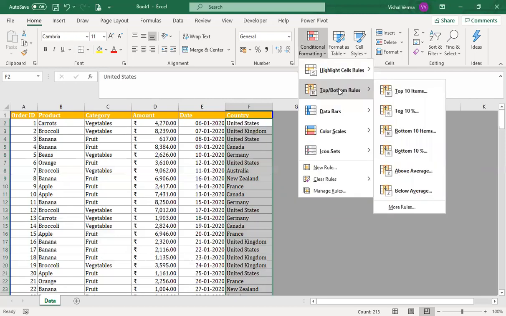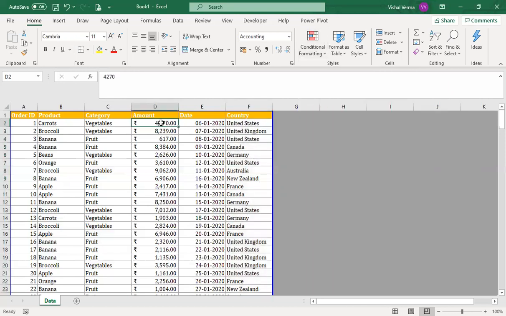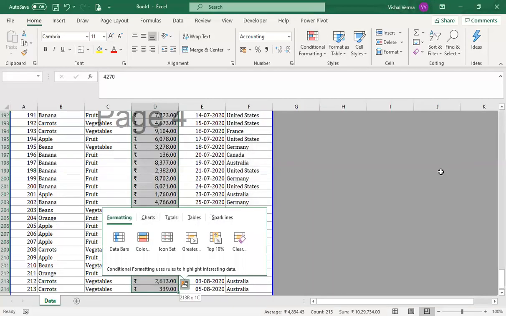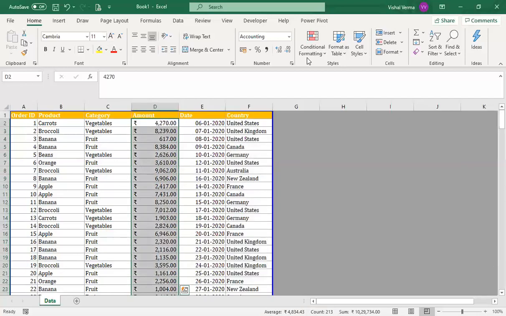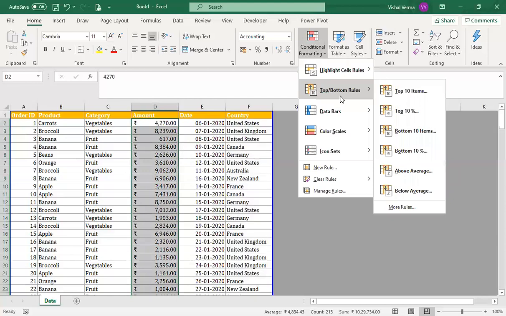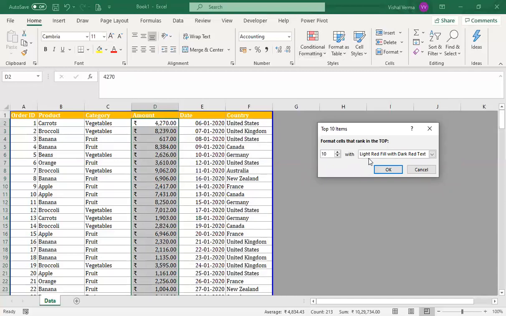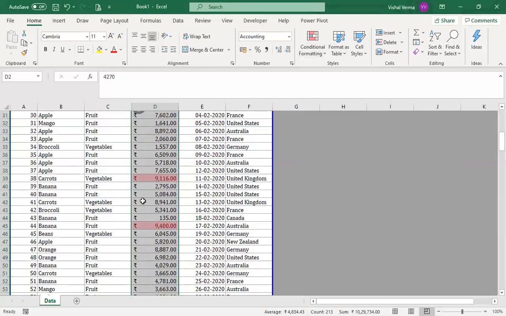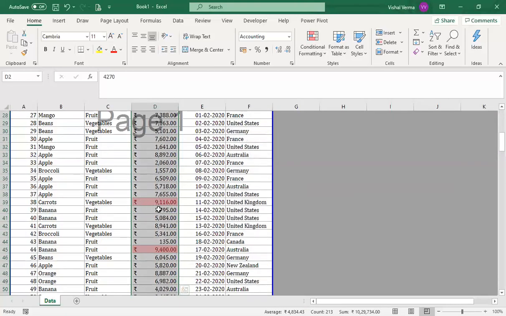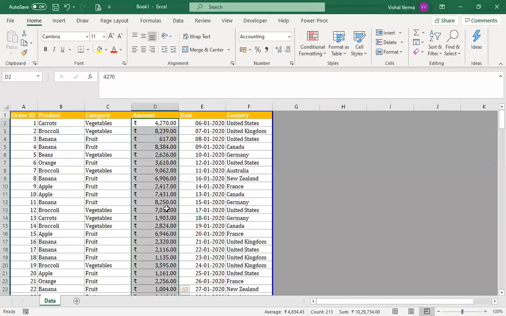Next is that we are working on the data related to numbers. Okay, so let's select the numbers and start working on them and see how the conditional formatting helps us. Okay, so it's a top or bottom rule. It identifies the top 10 items. Okay, now top 10 items on the basis of the amount that is given. So it's asking for the top 10 and it will be filled by the red fill and dark red text. Okay, if I color it, we will find that we have got some cells showing as the top 10 performers. Now top 10 performers are the top 10 positions only.